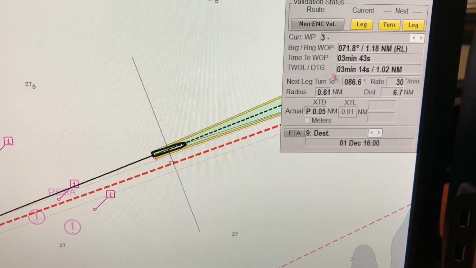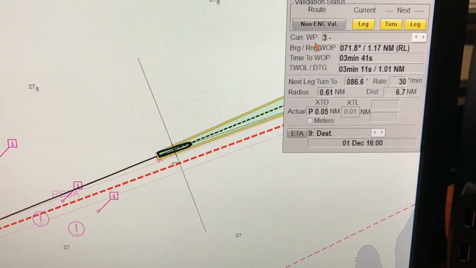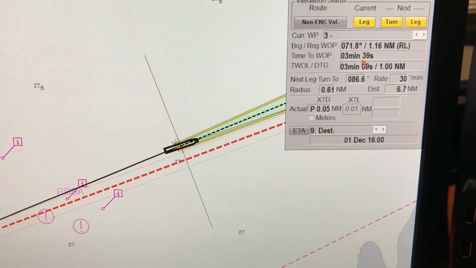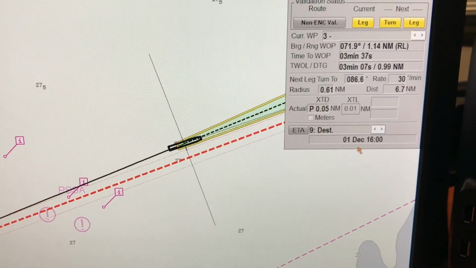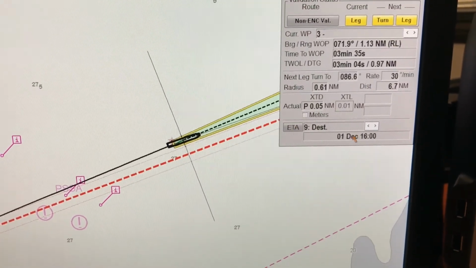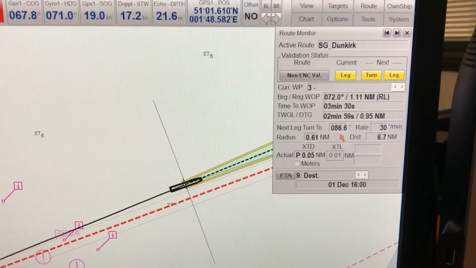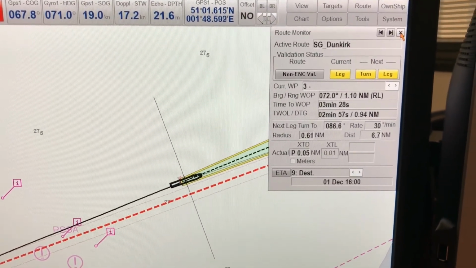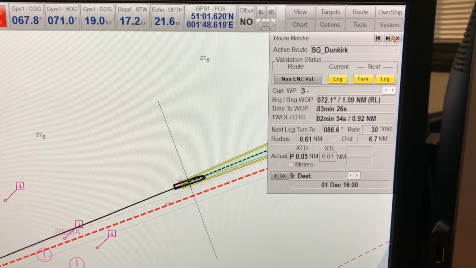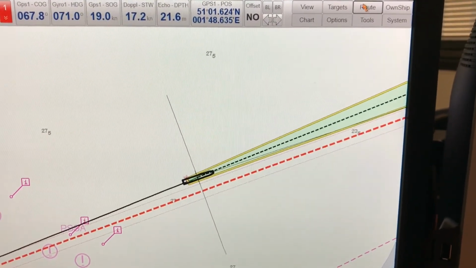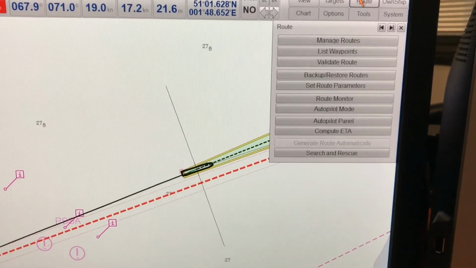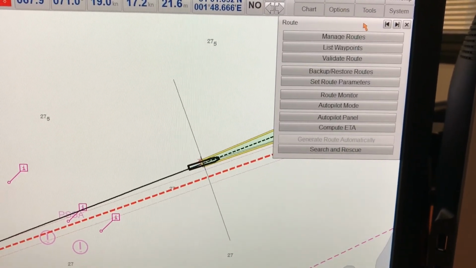You can find your bearing and range to the next waypoint and time to the next waypoint, and below you can see the ETA to destination is provided as well. So the date and the time that you will arrive at your final destination. Not only will you be able to find details to your next waypoint, but also you will be able to calculate the estimated time of arrival to your final destination.